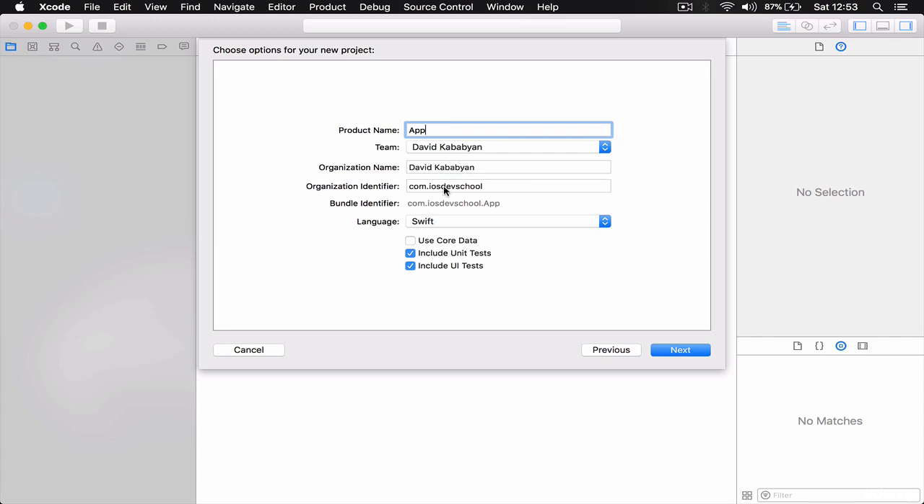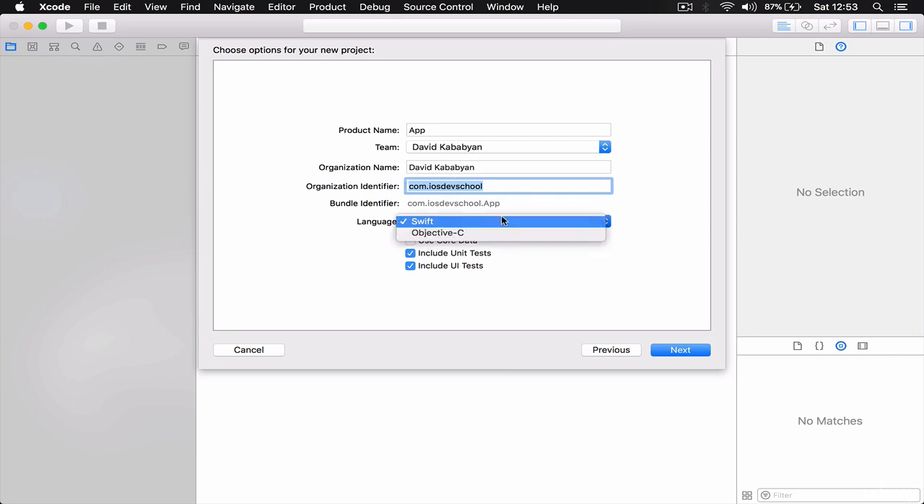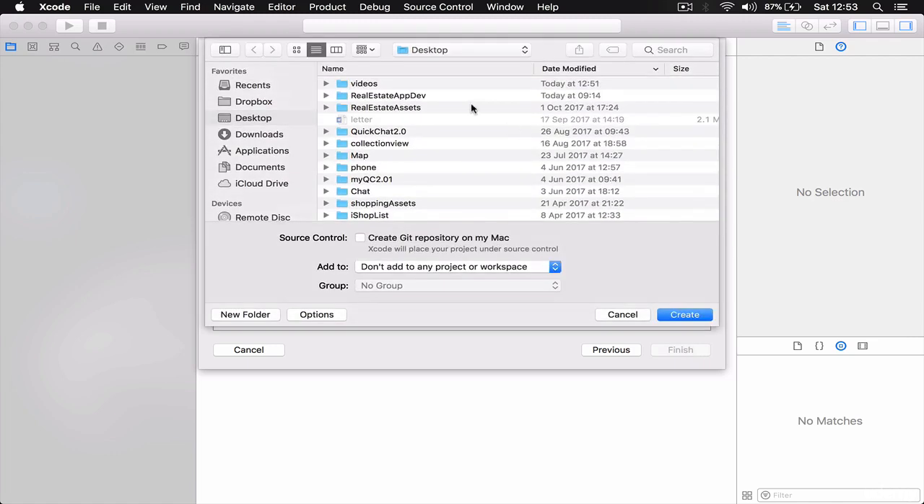We are now going to have our organization name. If you are registered with Apple as a developer, you can put here your organization name, your team. Actually, the organization name can be your domain. Usually it's a reversed domain. Language is going to be Swift, and we are not going to use Core Data, so click next. I'm going to save mine on desktop. If you want to create a Git repository on your Mac, you can tick this box as well. Actually, let's do this. Click create,